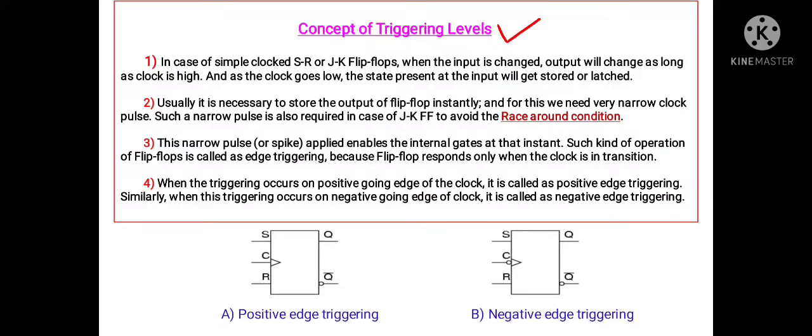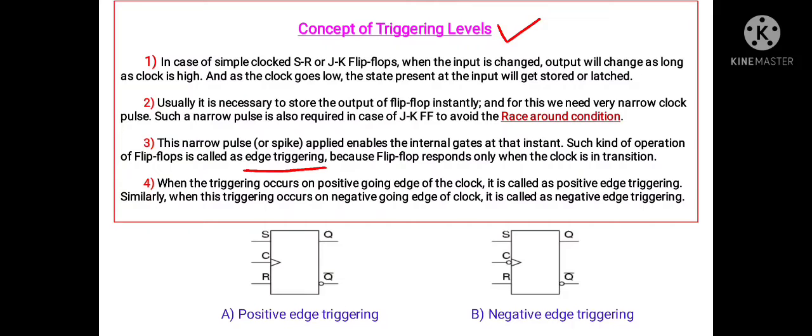Usually it is necessary to store the output of flip-flop instantly, and for this purpose we need a very narrow clock pulse. Such a narrow clock pulse is also required in case of JK flip-flop to avoid the race around condition. This narrow clock pulse or spike applied enables the internal gates at that instant. Such kind of operation of flip-flop is called as edge triggering because the flip-flop responds only when the clock is